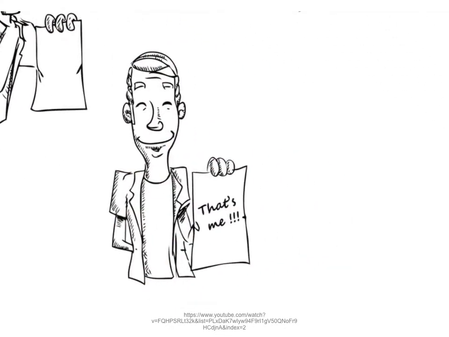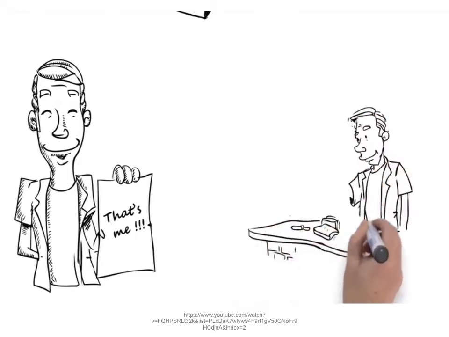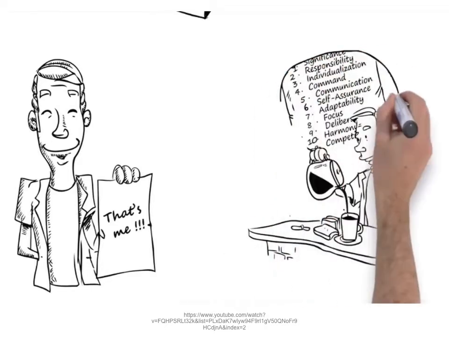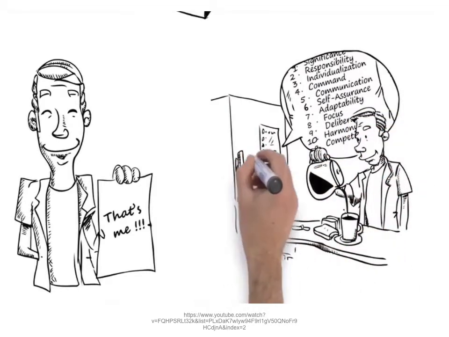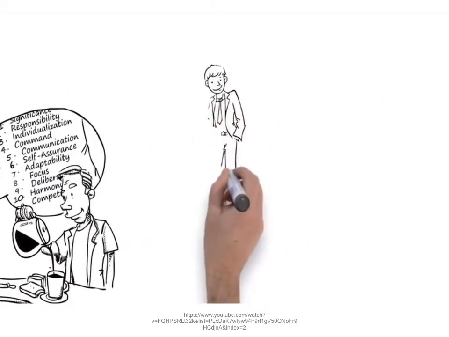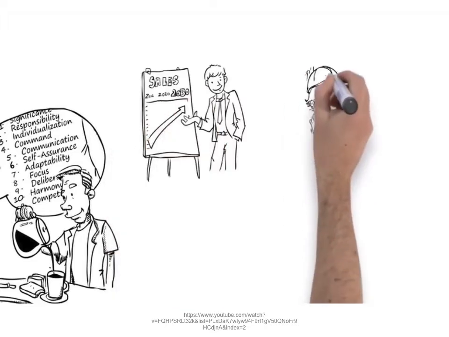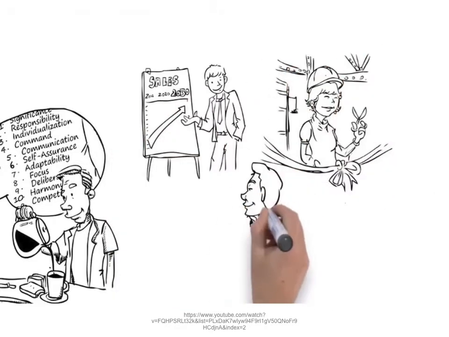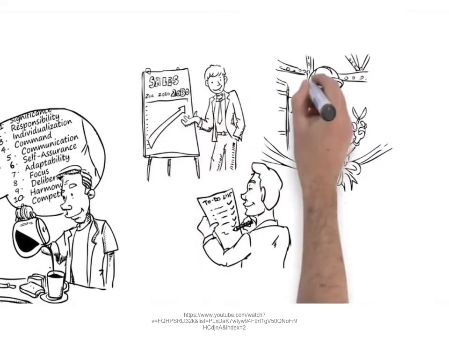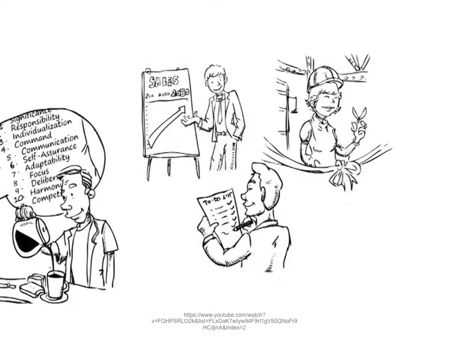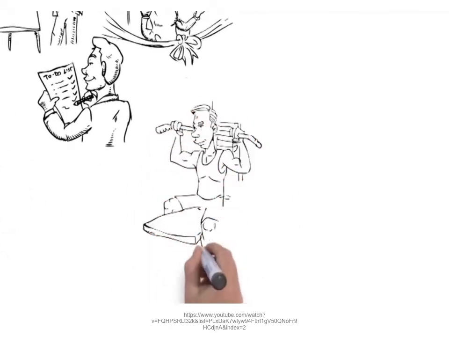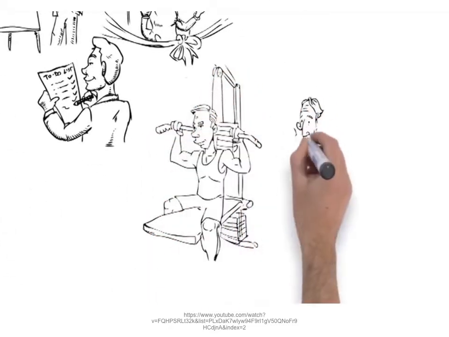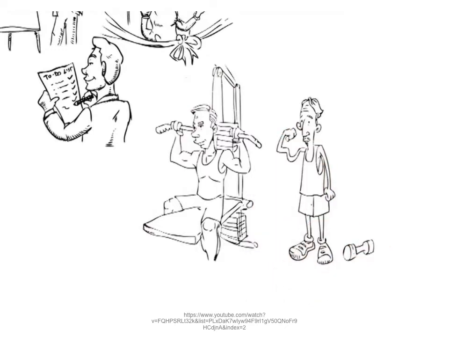Next, claim it. Post your signature themes and the words or phrases you have highlighted in a place where you'll see them every day. Share your report with people close to you. Ask for their reaction. Then, aim it. Pick one of your signature themes and think about it for a day. Ask yourself, how can I use this theme today? Where can this theme make a positive difference in my life today? Begin to flex this theme by using the action items provided in your report to hone your talents into strengths.